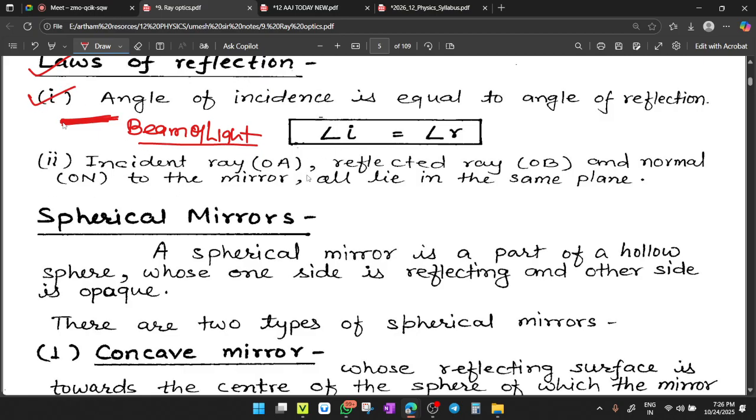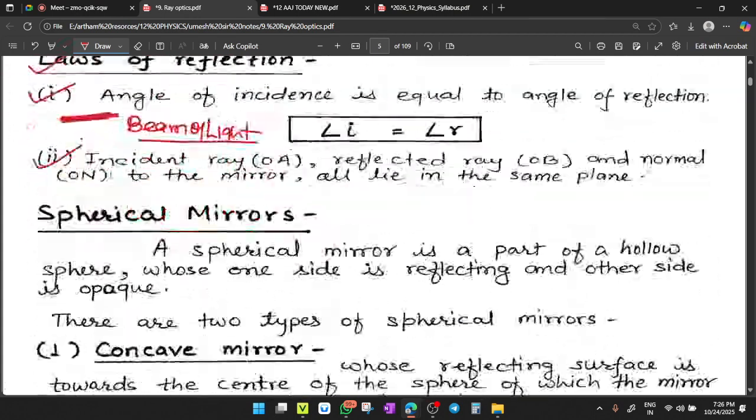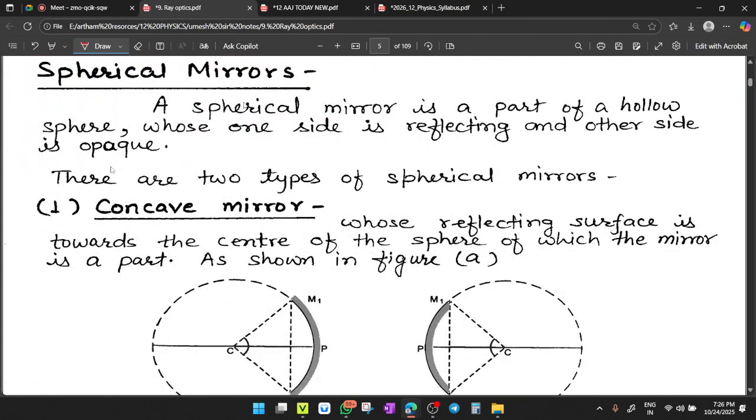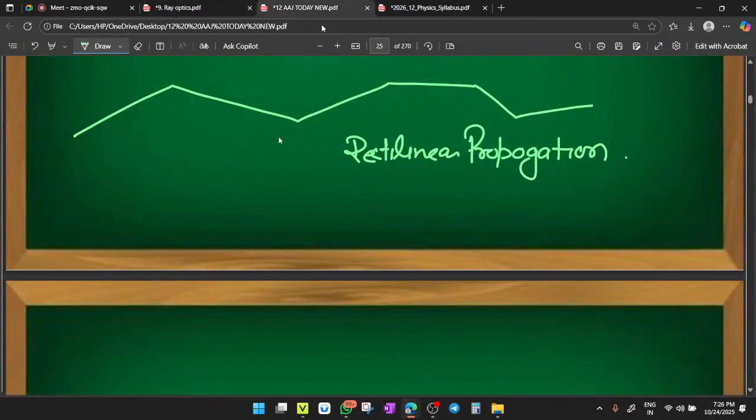Incident ray OA, reflected ray OB, and normal ON on the mirror are all lying on the same plane. Coming to the spherical mirror. What is a spherical mirror? A spherical mirror is a part of a sphere. You take a glass ball